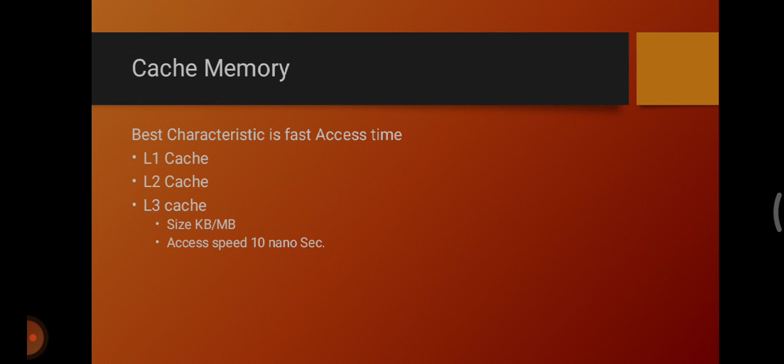Then L2 cache. L2 cache is also known as the secondary cache or the level 2 cache. It is the cache that is next to the L1 in the cache hierarchy. L2 is usually accessed only if the data looked for is not found in L1. L2 is typically implemented using DRAM. Then next is the L3 cache, the level 3 cache, which is the next level cache. This is the largest of all the caches. Even though it is slower, it's still faster than the RAM.